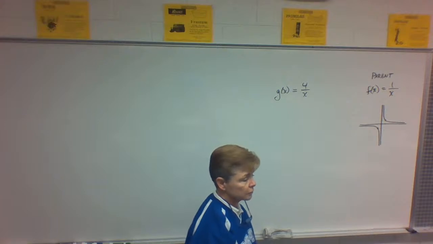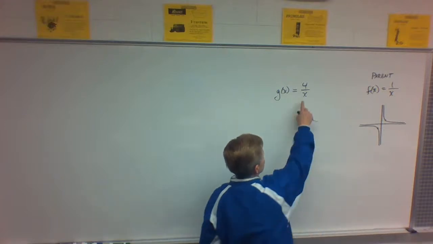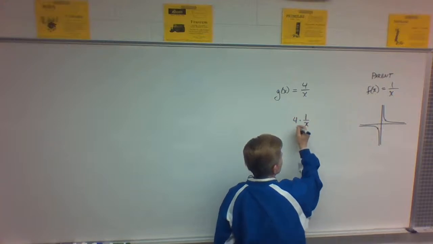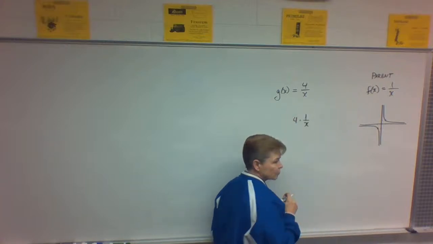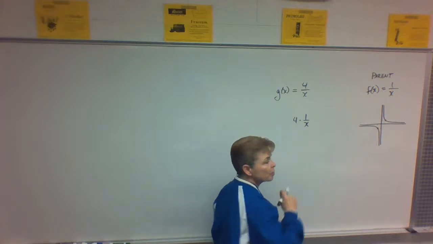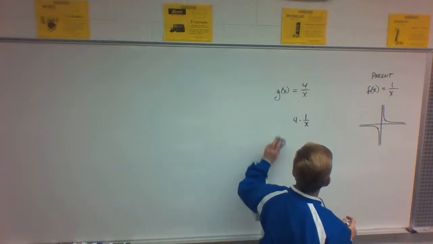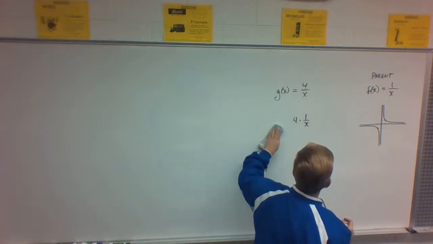Vertical stretch of 4. Because this right here is the same as 4 times 1 over x. If you think about that, that's over 1, so there's 4 times 1 on the top. So that's 4 times the parent. Do y'all see that? Recognize that as a coefficient? It's not only a vertical stretch, it's also a horizontal stretch because,